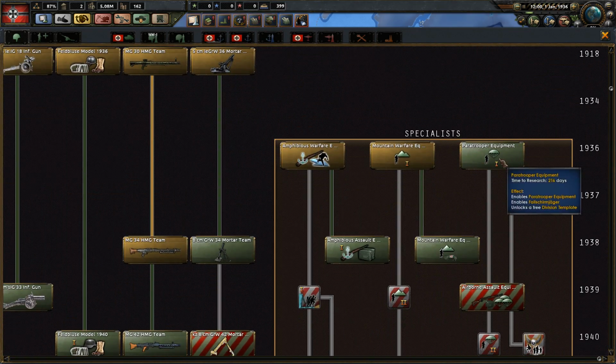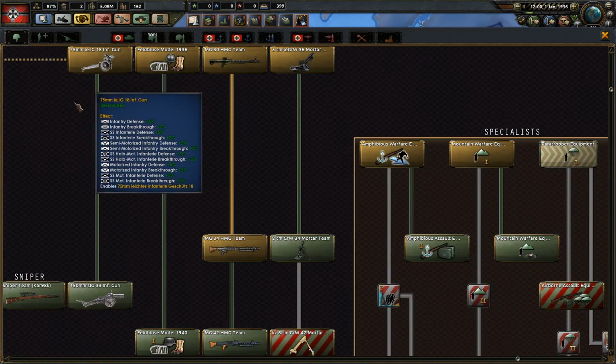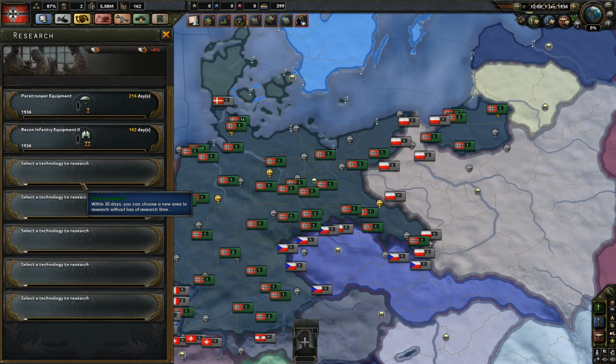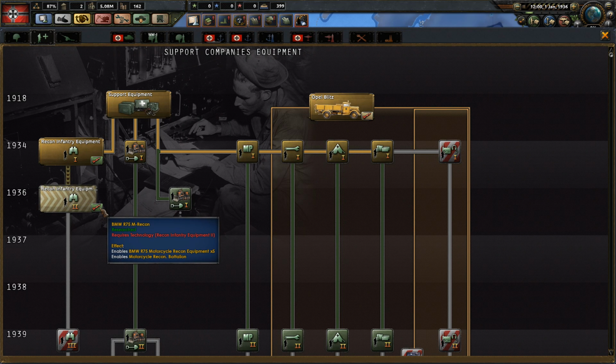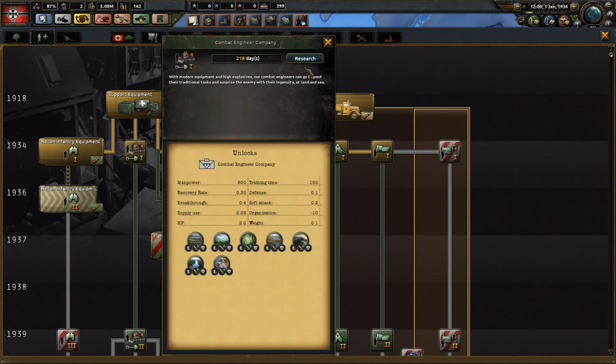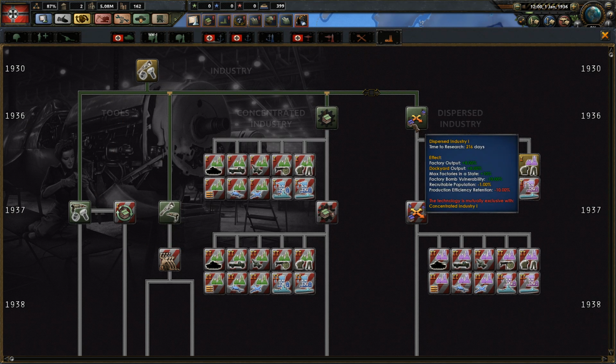And yeah, paratroopers are a necessity, so we're gonna get those early on. Our support units are alright. Let's get some better recon equipment. BMW better recon. Cavalry recon squadrons. Let's get combat engineers. I think that's all we need over there. We already have construction engineers, so let's go for...